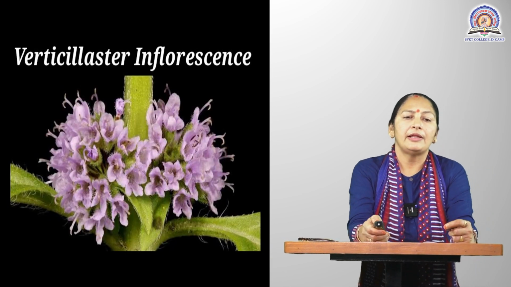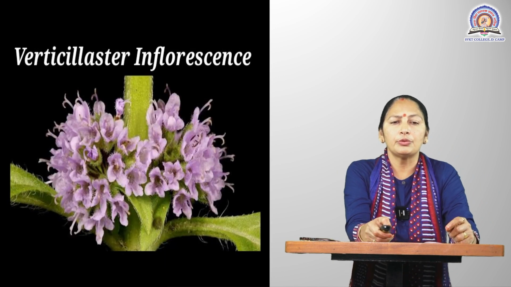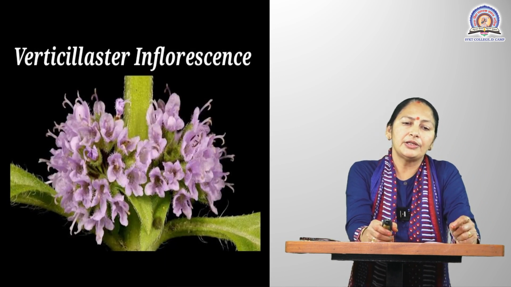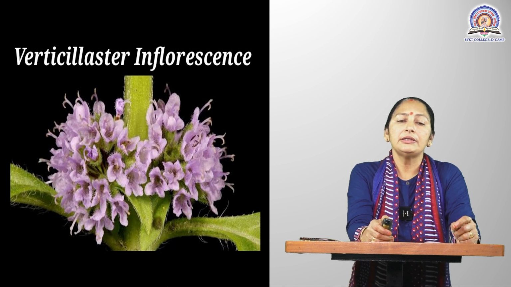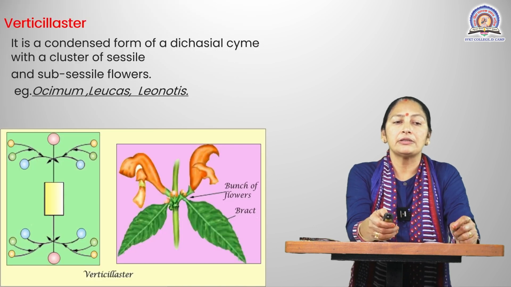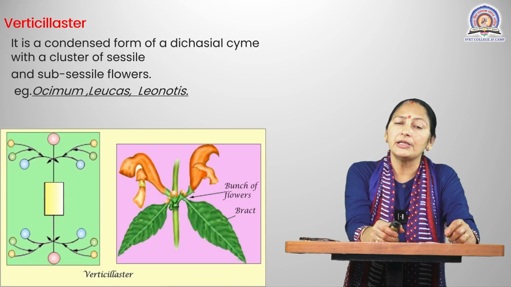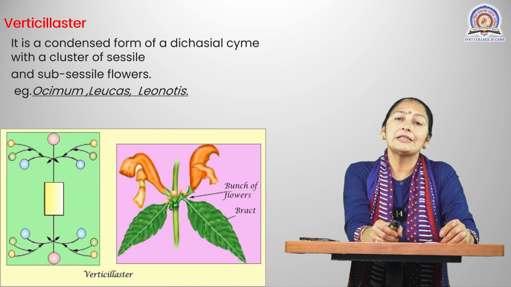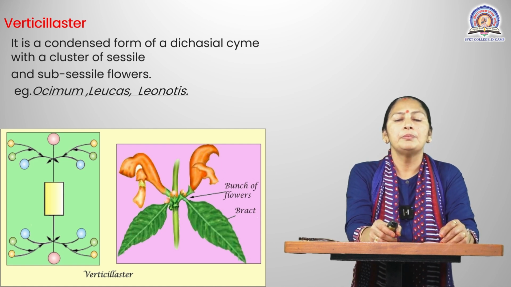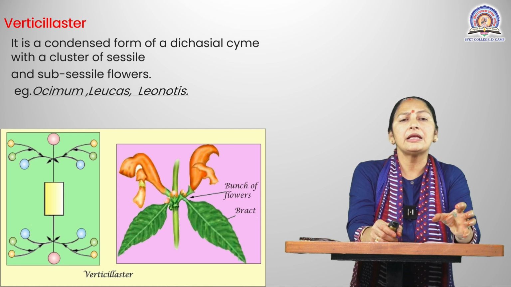Okay, then the next inflorescence is known as the verticillaster type of inflorescence. It is very unique. Why is it unique? Because the arrangement of the flowers is very different compared to other inflorescences, and that's why it is a special type of inflorescence, known as the verticillaster. What exactly is a verticillaster? It is the condensed form of